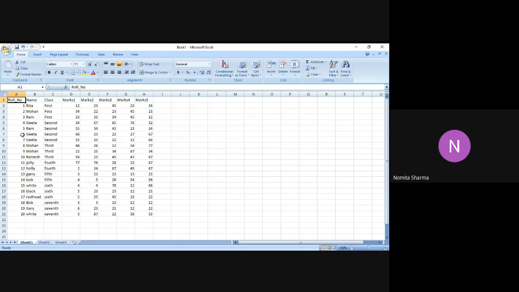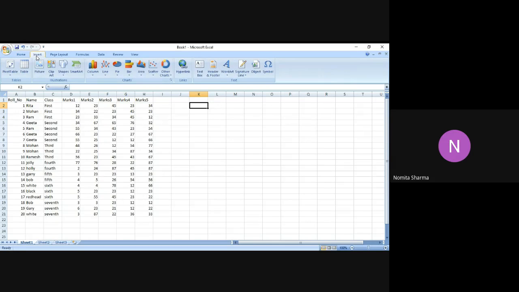So the route for the pivot table is that I go to the insert command. On the main toolbar, we have home, insert, page layout. Between home and page layout, you will see the insert command. When you go to insert, the very first command, just below insert, is the pivot table. If you click on the pivot table, you will have 2 more options, pivot table and pivot chart. Let's start with the pivot table, and then we'll see the pivot chart as well.